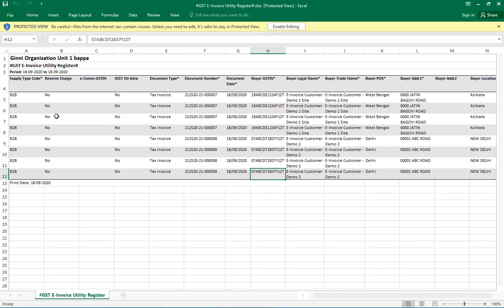Here you can see that both the invoices, that is invoice number 7 and invoice number 8, get exported here. Only those invoices will be showing here against which e-invoice is not generated. Once the e-invoice gets generated and you update the information into the system, this report will stop publishing that invoice data so that you don't face any kind of duplicate check validation error while generating the e-invoice. It is important to add one more thing here, that only posted, that is released documents, shall show up in this report. Unposted documents will not show up.